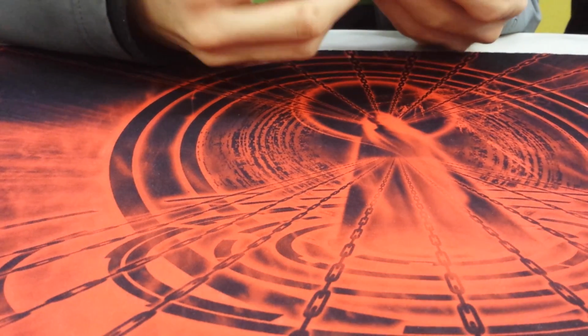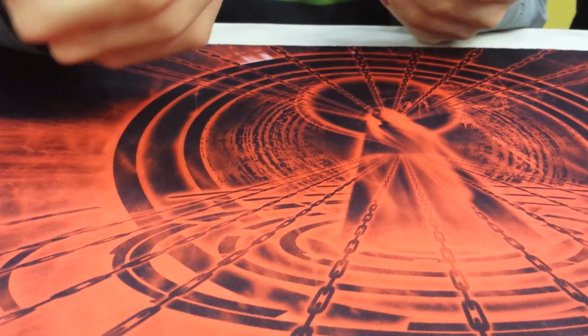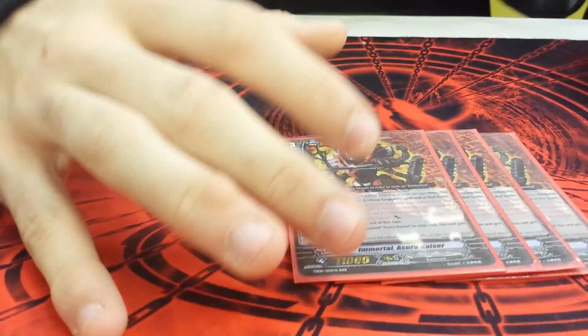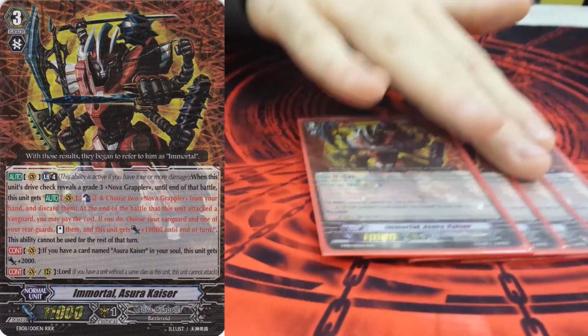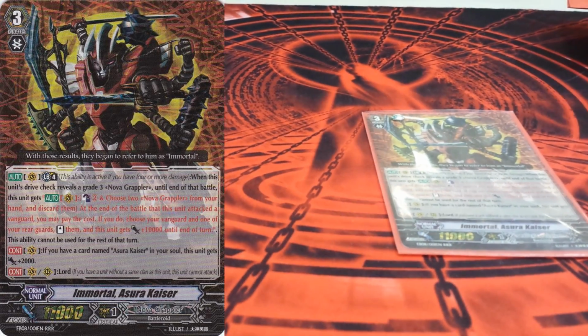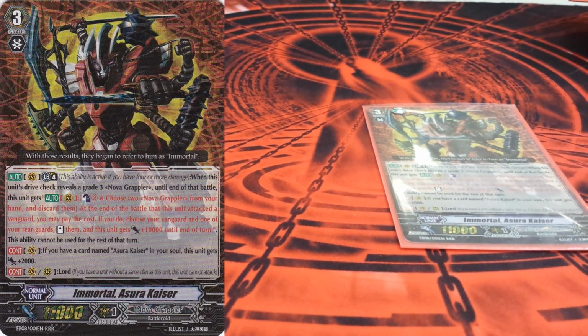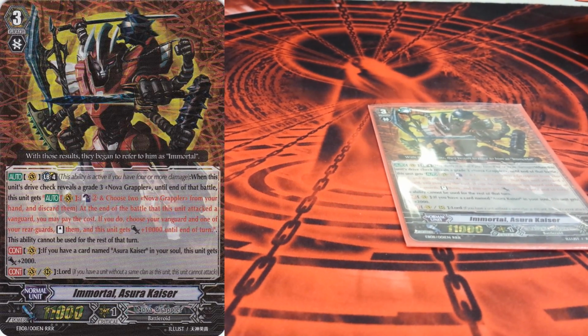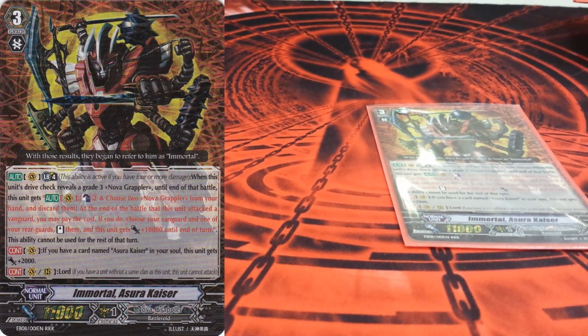Then you move on to the grade 3s, which there are a plentiful amount of. First off, you play 4 of Immortal Assura Kaiser. Immortal Assura Kaiser's ability is that when he attacks a Vanguard and you reveal a grade 3 during the drive check, that's one of the reasons why you play so many grade 3s, you get to counterblast 2 and